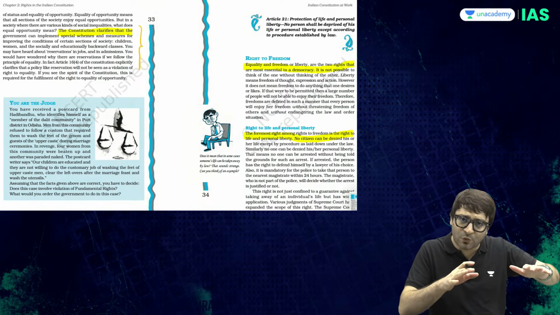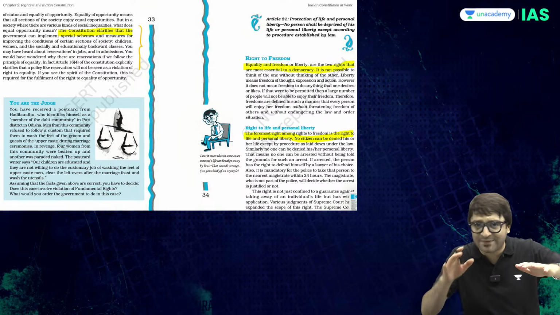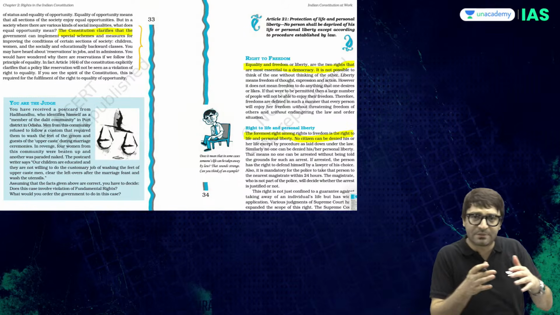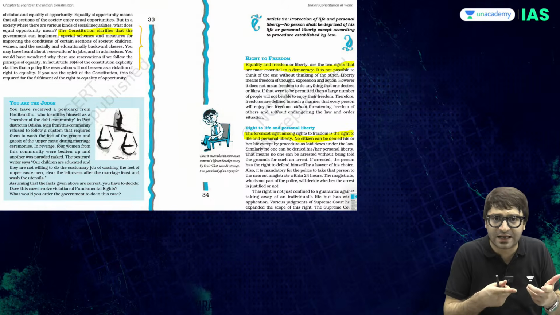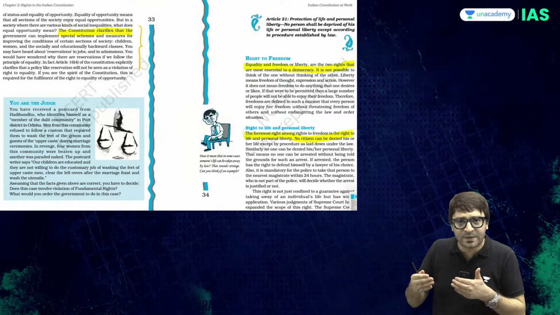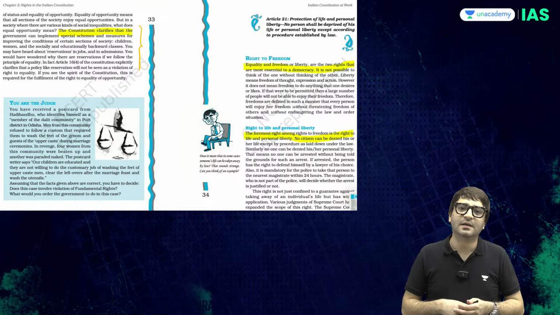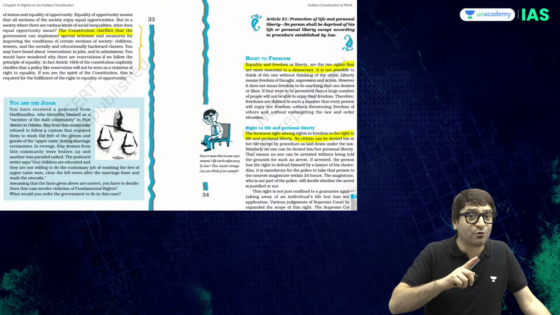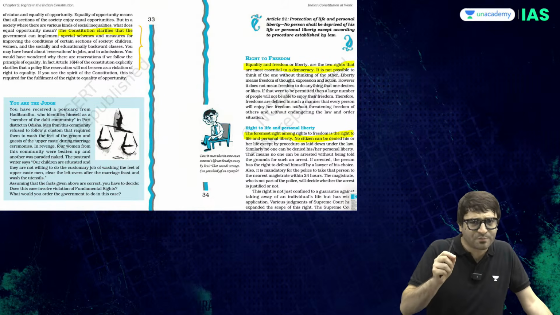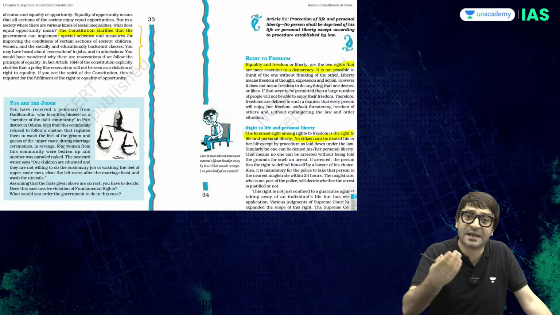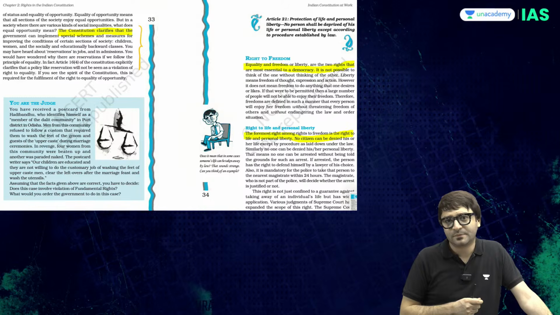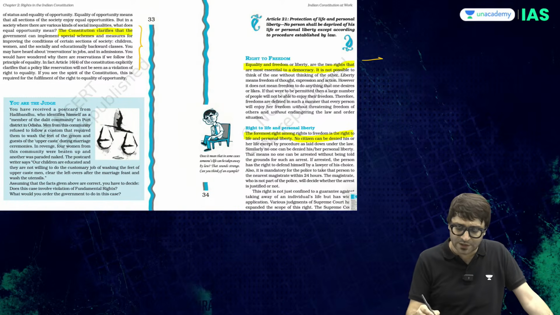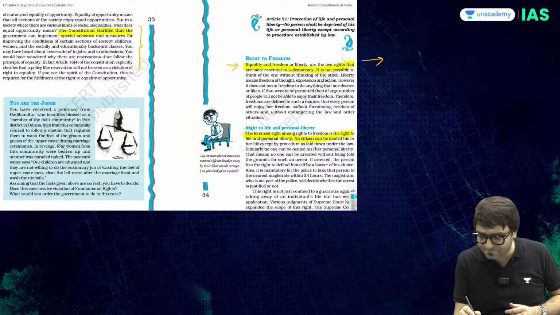that although we will have equality, there were some people who were never equal. For example, women, who require extra protection. For example, children who need extra protection, extra care. For example, those who have been discriminated against, tribals, Dalits. And for them, there will be reservation in government jobs, in educational institutions. That would not be violation of equality, because that's a special protection available to them, because they were never deemed equal. That's right to equality. Then NCERT shifts its focus to right to freedom and says equality and freedom or liberty,